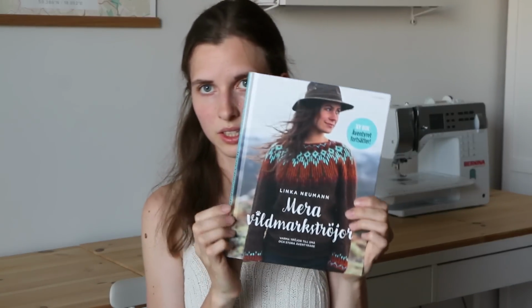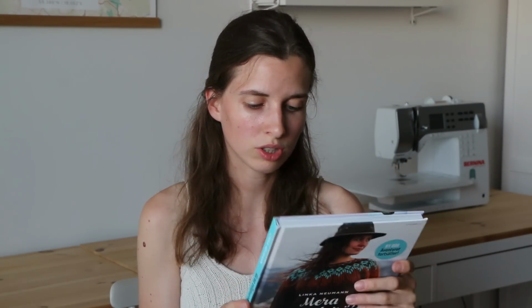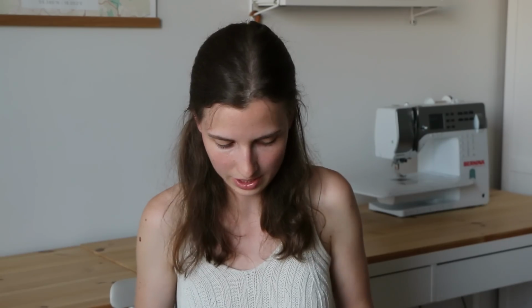I got this book for my birthday. It is called More Auto Sweaters, and it is from a Norwegian knitting pattern designer and author, and it's her second book, and yeah, it's all about auto sweaters simply. And I am knitting, let me see,